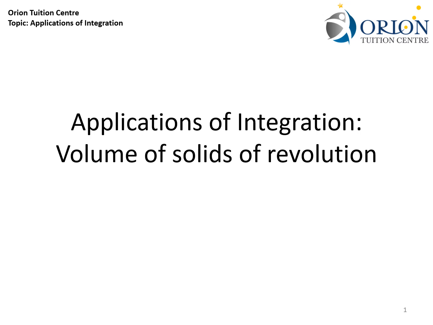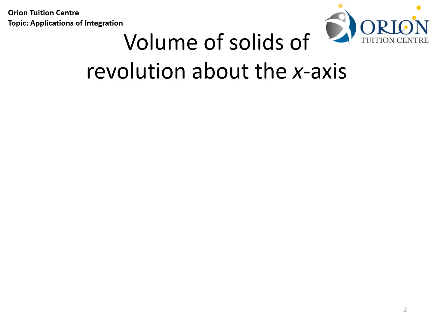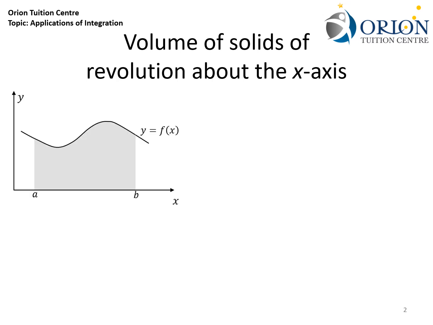The second integration application in the H2 syllabus is to find the volume of solids of revolution, which are basically axis-symmetric volumes generated when we revolve a certain area about the axis. Depending on the question, we can revolve a region about either the x-axis or the y-axis. If we have this shaded area here and we revolve it about the x-axis, we will end up with this